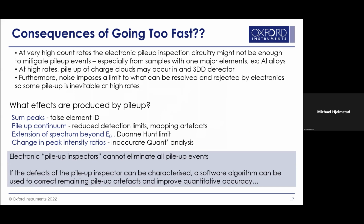We're always worried about this pulse pileup, as we call it. If somebody mentions sum peaks to you, where you're doubling peaks, that's one component of pulse pileup. But you can have pileup from continuum X-rays, and you can have the spectrum go beyond the Duane-Hunt limit simply because you're not counting things correctly. And there's a hardware component to all this, but at the end of the day, in our AZtec program, we have an algorithm that's basically designed to work with the quantitative results and circle back and say, gosh, if you have that high of a count rate, and this is the composition of your material,